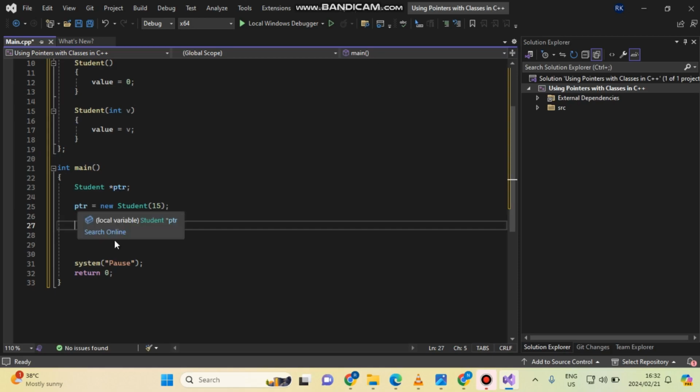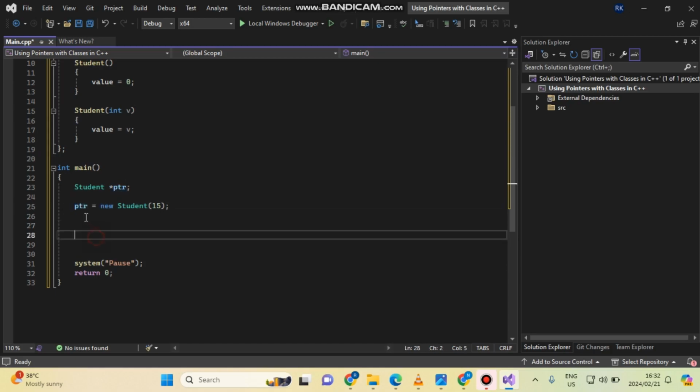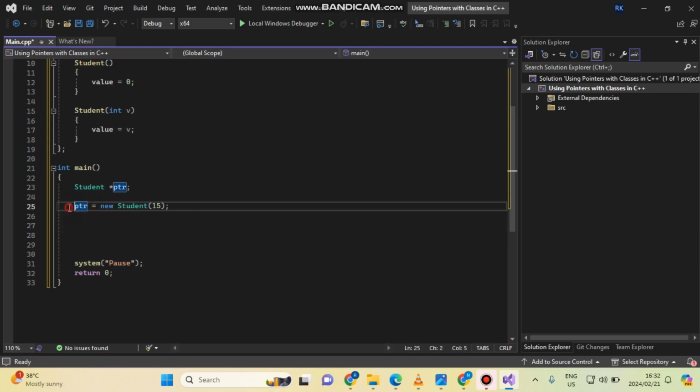this pointer, basically in dynamic memory allocation, which means this pointer variable here will receive a value of 15 of type integer, stored as a pointer in this PTR, but it eventually needs to be deleted afterwards, because the new and delete keywords work hand in hand. So after we specify the new Student constructor taking a value of 15, we also have to eventually,